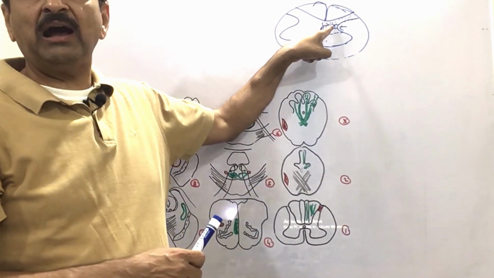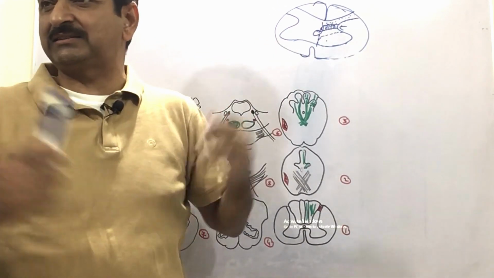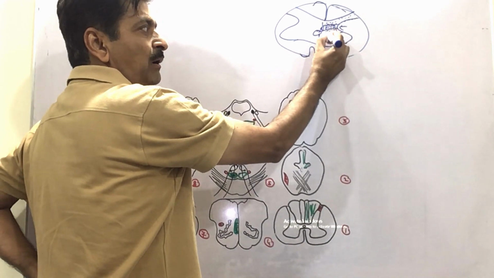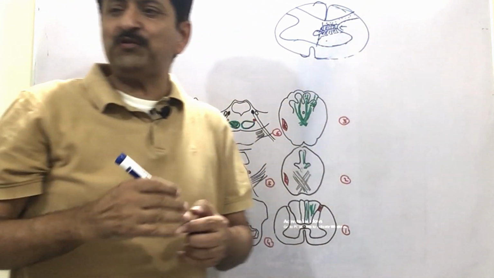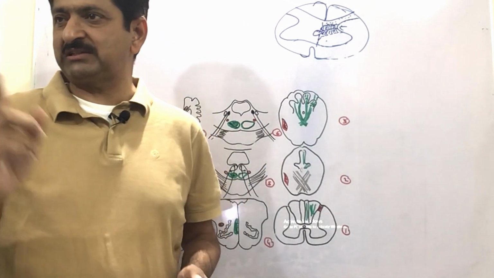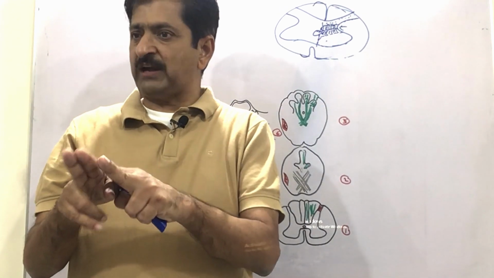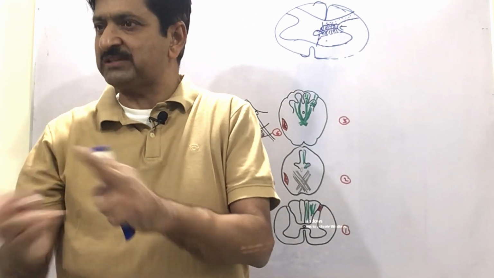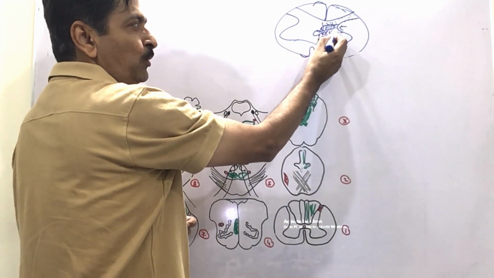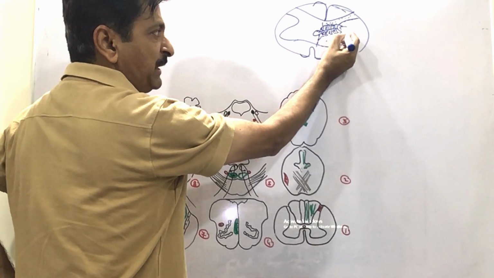And I will explain a similar thing as far as my motor area is concerned. How will I narrate this? I will tell you this is my posterior 1/4 of the anterior horn, so this will be closer to the sulcus limitans. Both of these areas will be on either side of the sulcus limitans, and if they have a good number of neurons, it will be a little bit bulged from the side here.